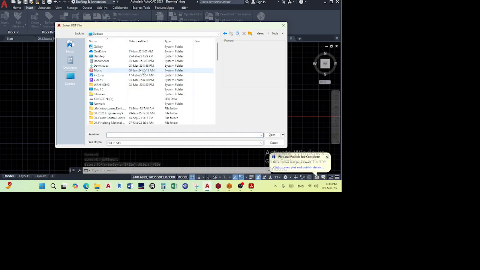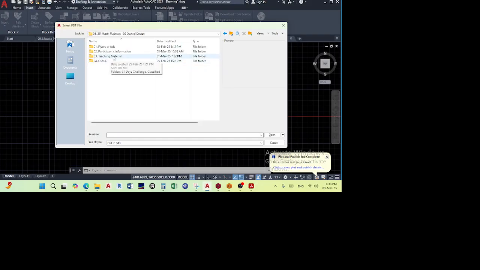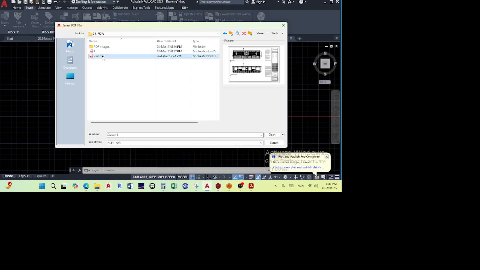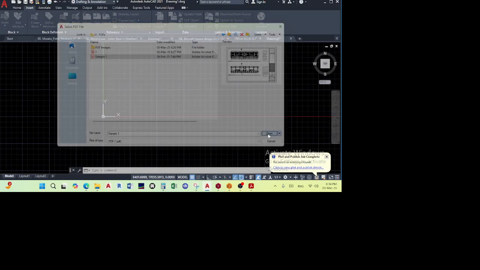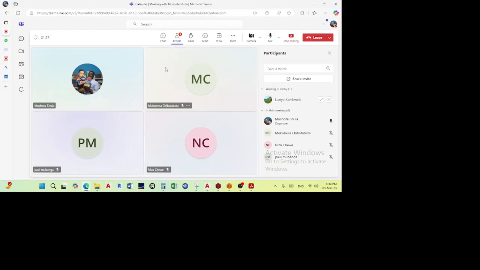Now you have to locate where the PDF is. For me, it's on my desktop in this folder that says 2025 March Madness teaching material 31 days, Day 1, in the PDFs, the sample. When you click open, there's the import PDF. Because it's got 3 pages, you cannot import all of them at once. You have to import